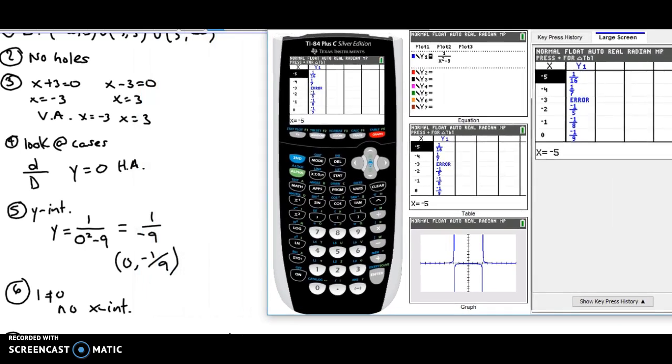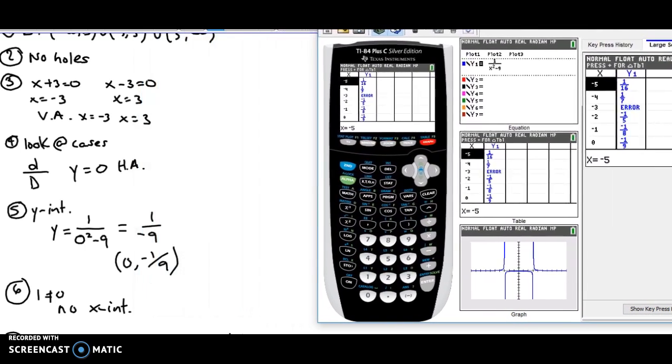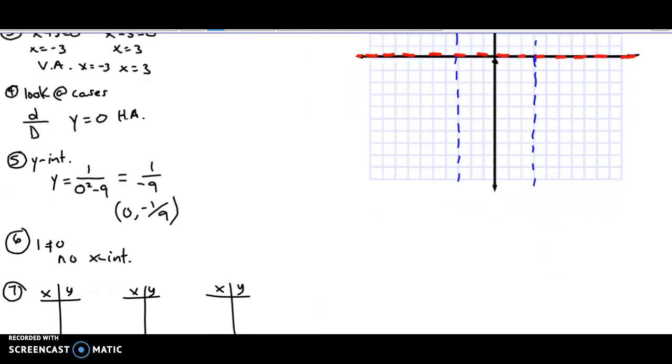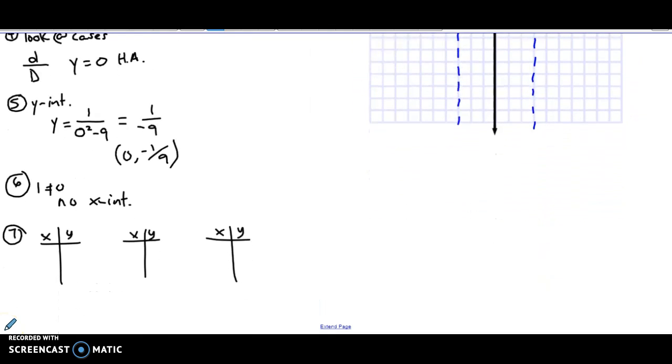Notice I only have one table, as I should, and you can always break it down and do the math of different points. So I have 3 tables